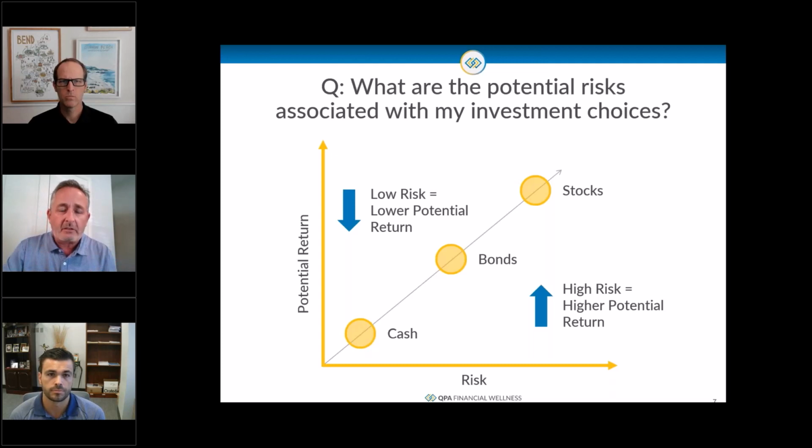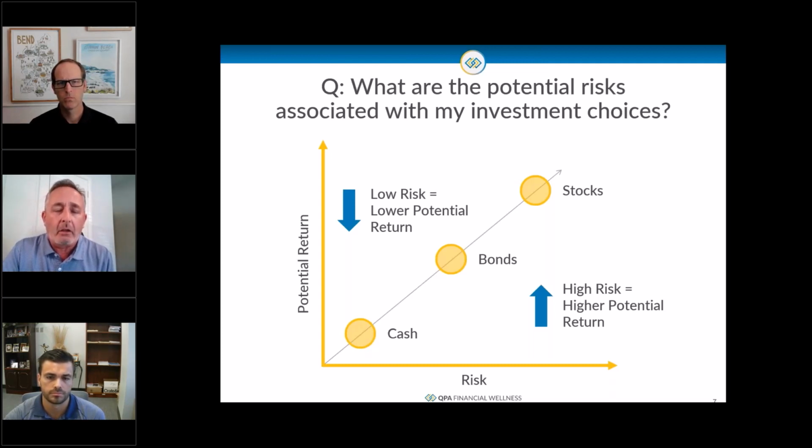And then that next step would be, well, how do I feel about risk? As we can see from this graphic here, we have the potential return on the vertical axis, and then horizontally, risk, right? And so we have that yellow bubble there, cash, and that can be a checking account, a straight savings account. You could even lump in there maybe a stable value fund, something like that. Very low volatility, very low risk, not tied in with the stock market.